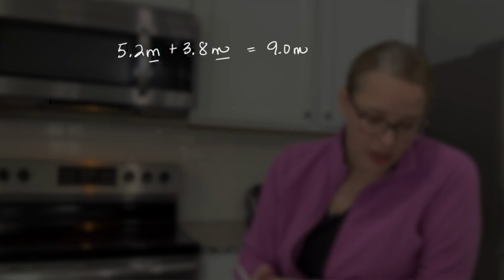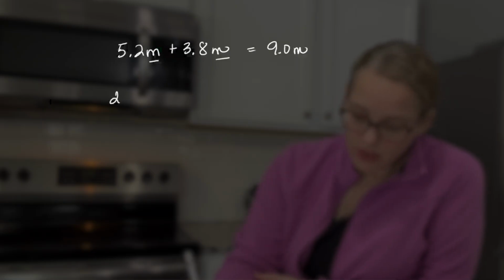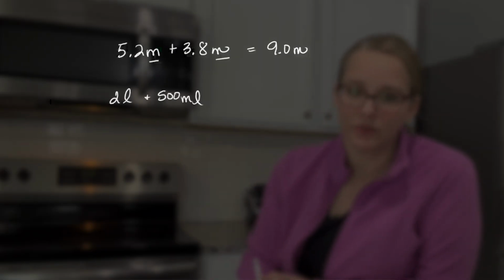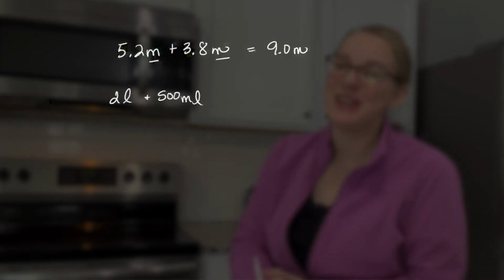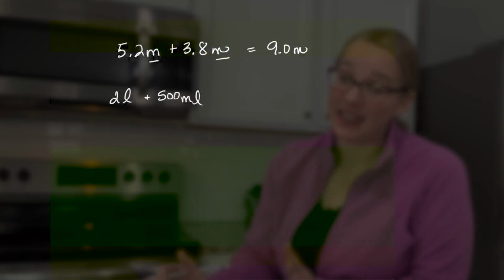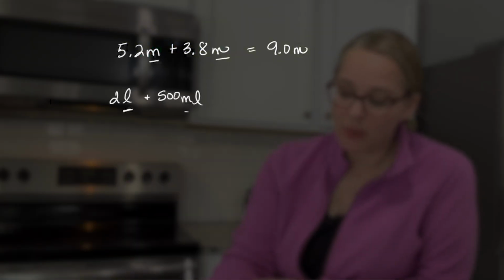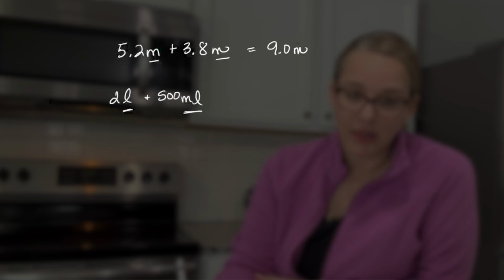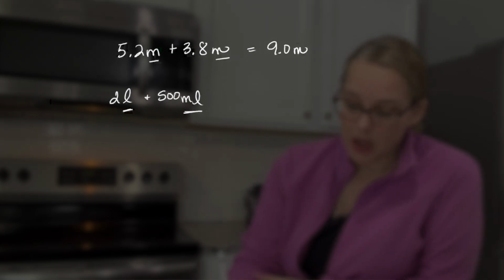What about 2 liters plus 500 milliliters? Can I do that? Maybe. Okay. The way it is, I can't because they're not the same. So milliliters and liters are not the same thing. So I have to convert from one to the other. So I would change my milliliters to liters or vice versa. Either way works. So I'm going to change my 500 milliliters